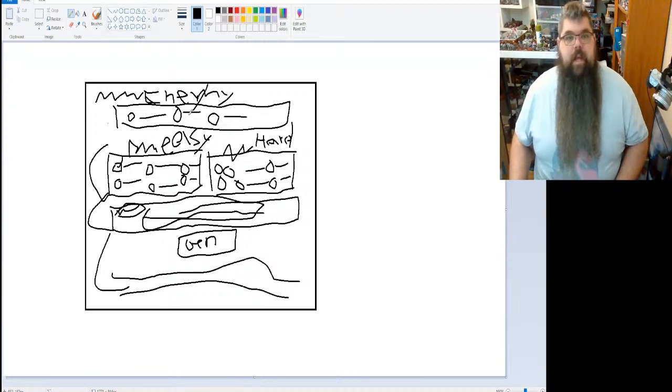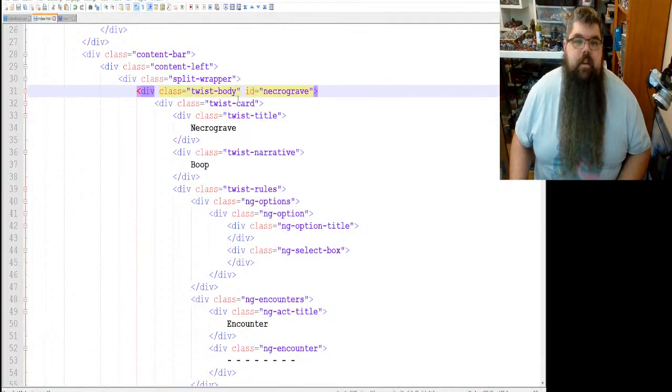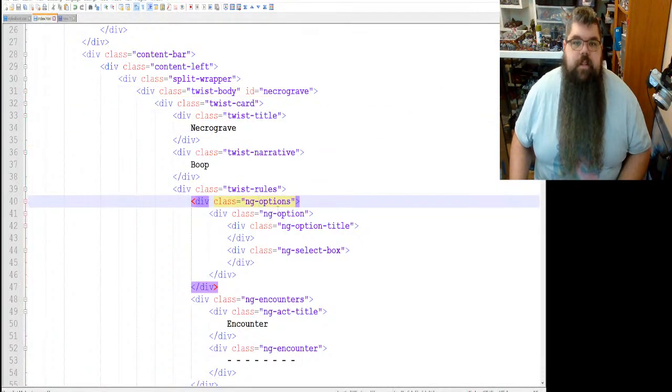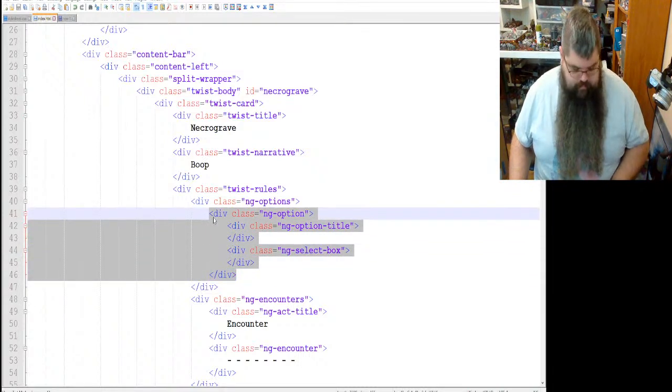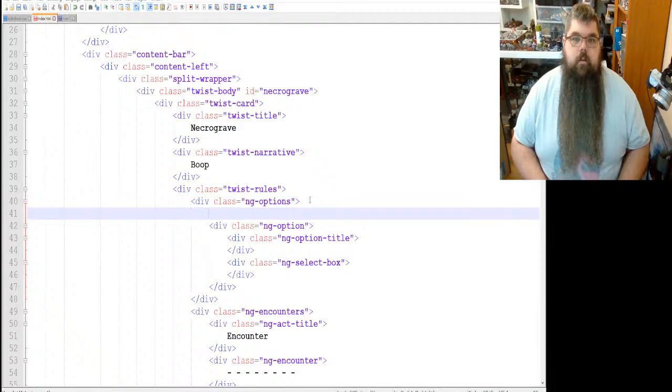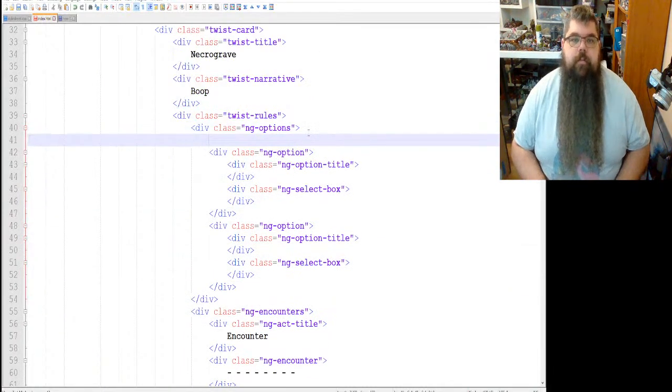Okay, so that's the plan. So we need another box here at the top. We're going to make this NG options, NG option, right? And we're going to do this. We're going to go boom like that. And then we're going to do another one because we're actually going to have 3 of these boxes.